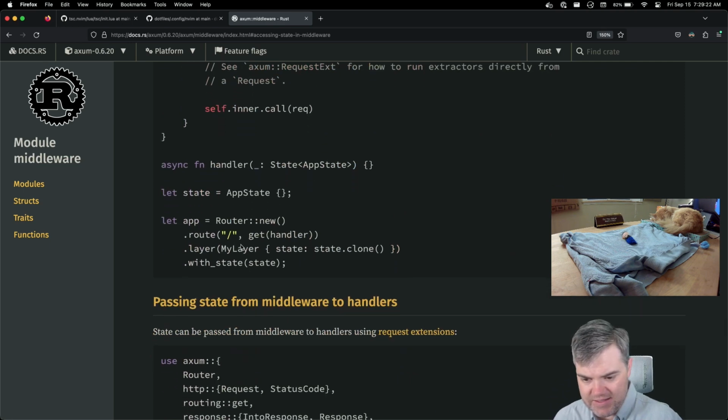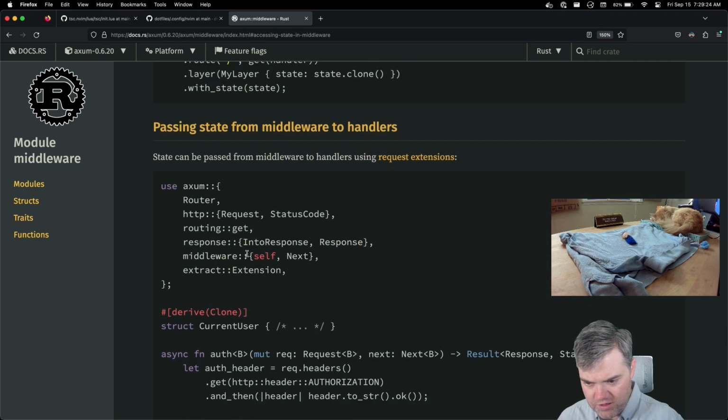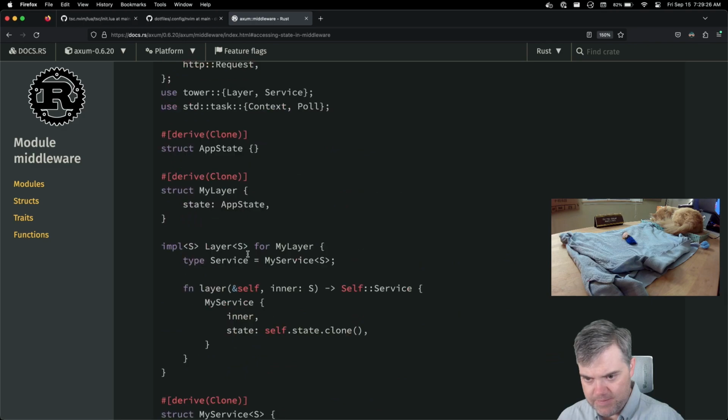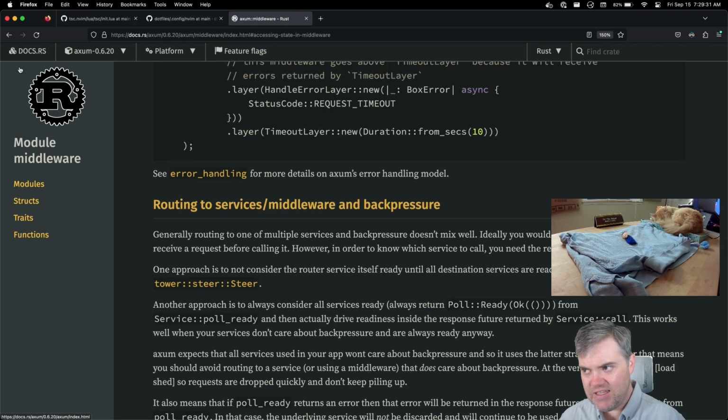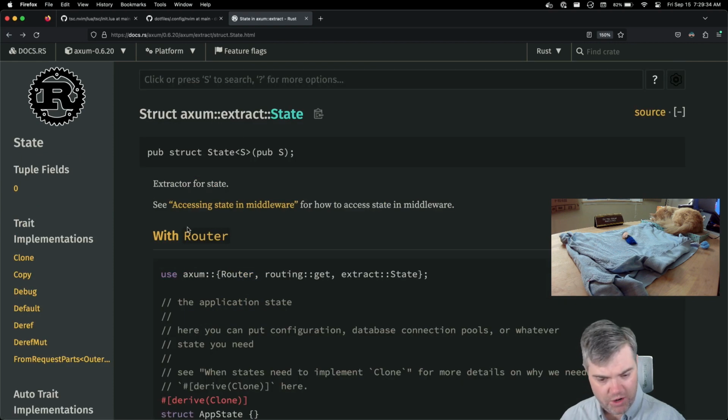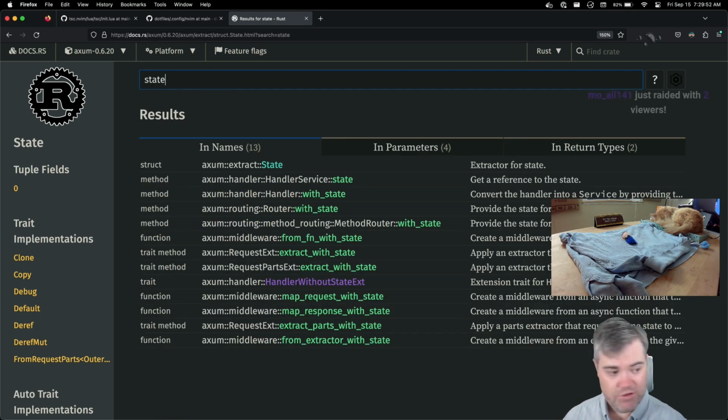Unfortunately, the documentation for Axum is a little bit sparse. It's very much on the technical side, with some examples, but not a lot on how it fits together, or a description of what state really even is. Which is why I'm having to create so many of these myself.